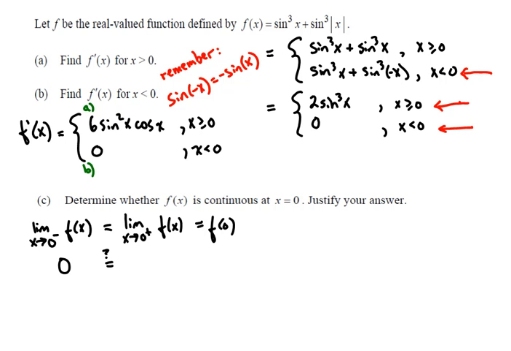So here we were using the upper branch, or the branch when x is greater than or equal to 0, of 2 sine cubed of x. And so that is still 0. And so yes,